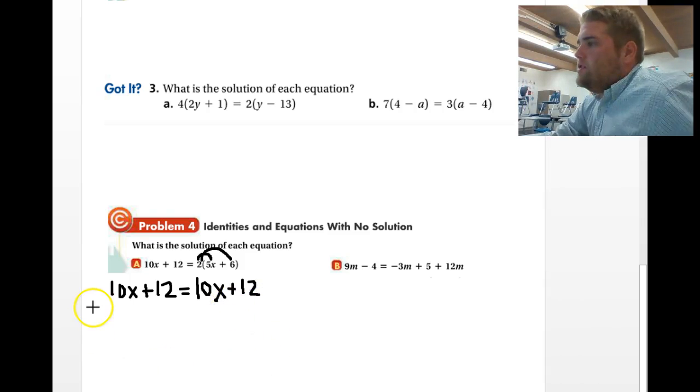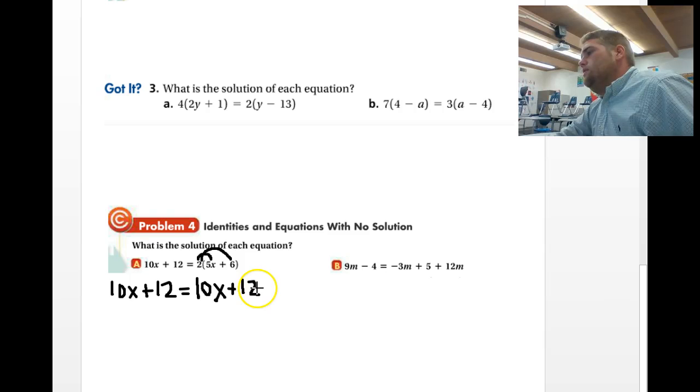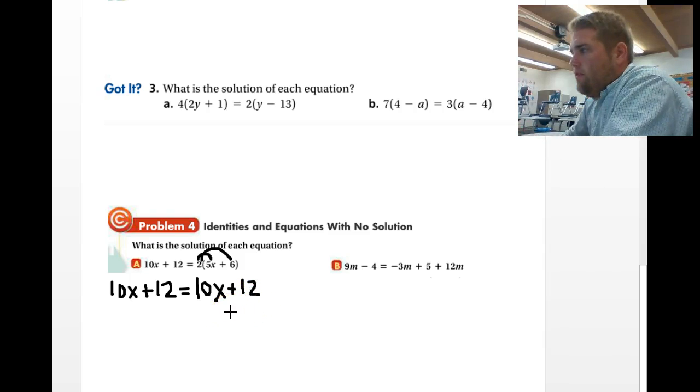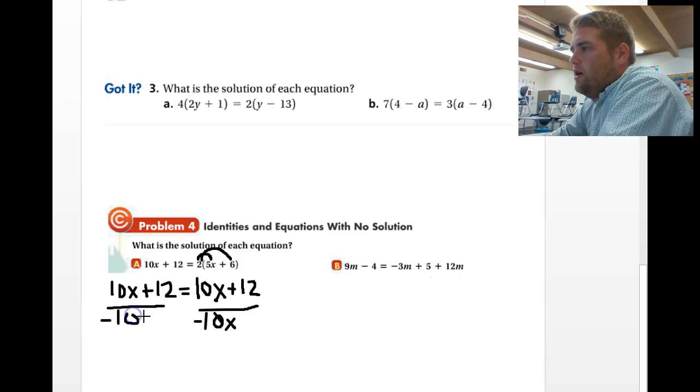So I want to get all my x's on one side. However, do you guys notice something? You should notice that 10x plus 12 and 10x plus 12 is the same on both sides, right? So if they're the same on both sides, if I subtract 10x from this side, and I subtract 10x from this side, I get